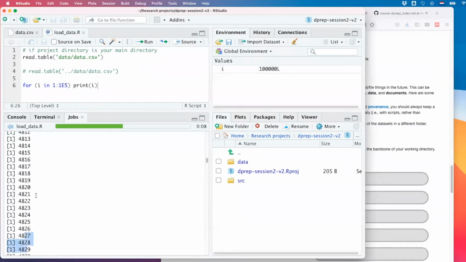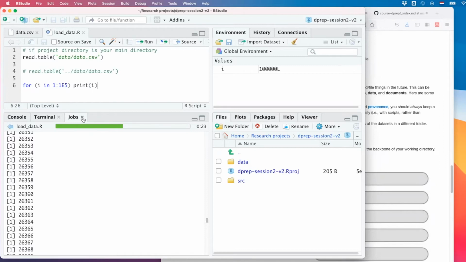And interestingly, because there's so much printing going on, it pretty much screws up R. I'm trying to close this job right now. Maybe that's another good lesson. R crashes at times, and sometimes you're executing a command that you can't stop.